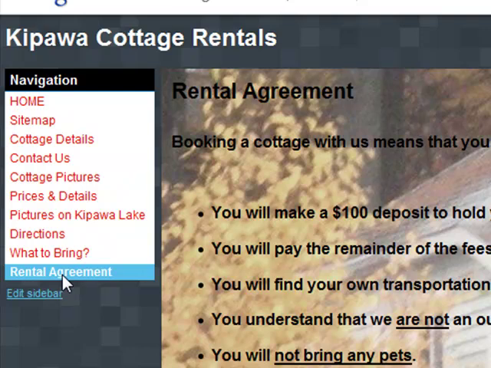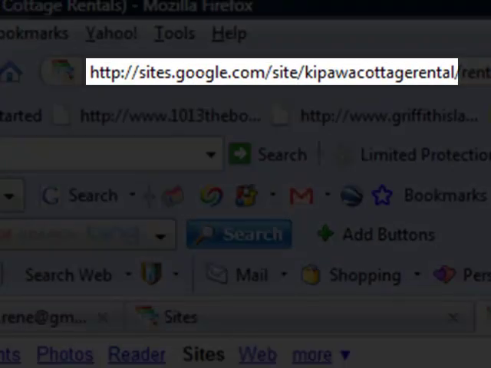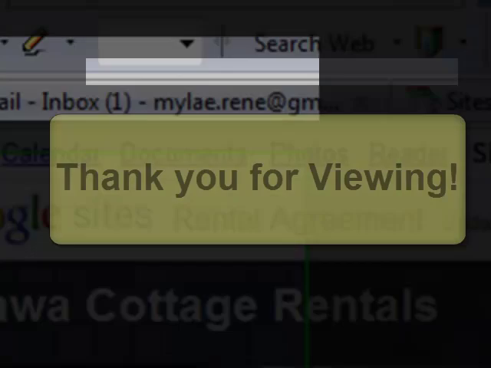You can use Google Sites for personal reasons, for cottage rentals, for small business, whatever you'd like. They're very easy to create, and anyone can access them providing you give them your URL, your web address. So I urge you to explore Google Sites further, have fun,